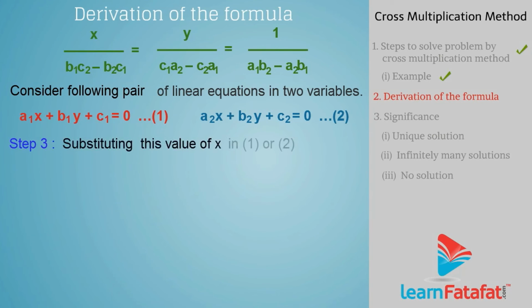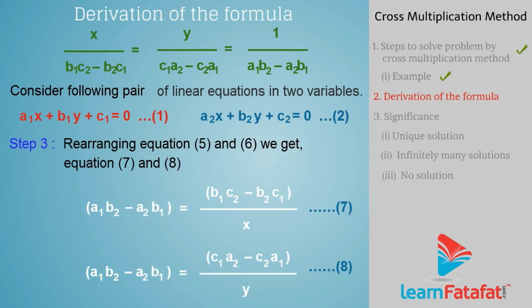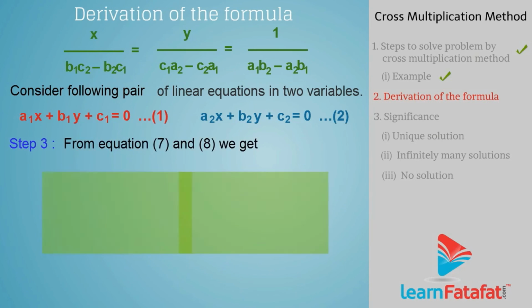Step 3. Substituting this value of x in 1 or 2, we get y is equal to c1a2 minus c2a1 divided by a1b2 minus a2b1, which is equation 6. Rearranging equations 5 and 6, we get equations 7 and 8. From equations 7 and 8, we get